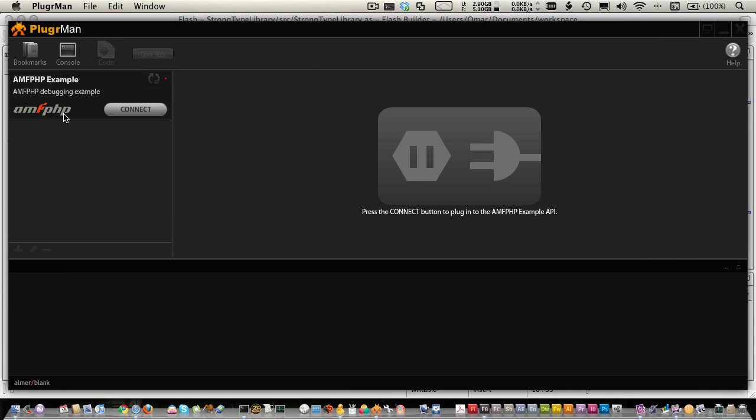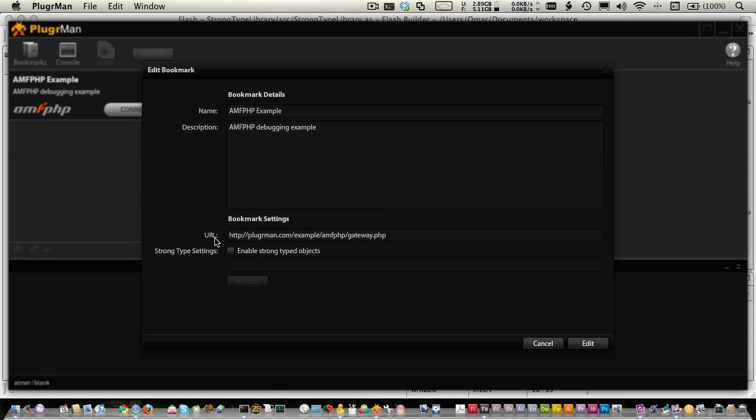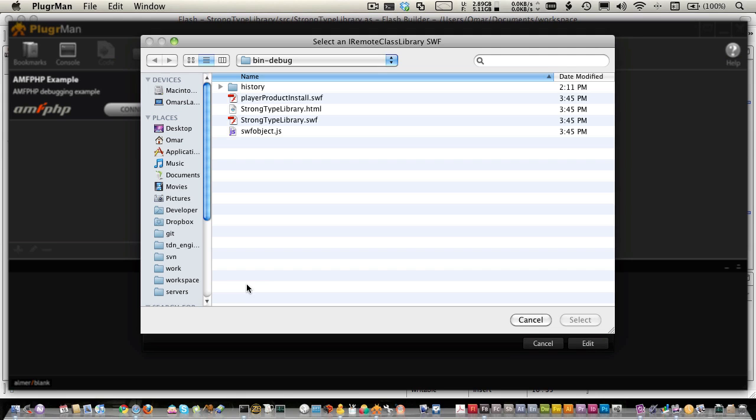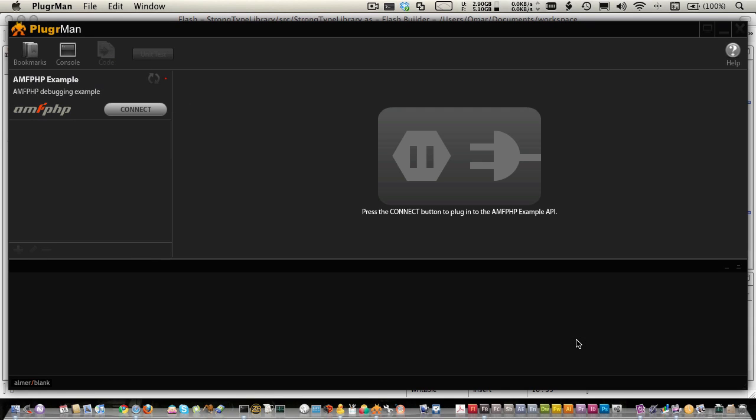and I'm going to use the same bookmark that we used in the basic AMFPHP debugging video, and I'm going to edit that bookmark, and I'm going to select Enable Strong Type Objects, and using the Browse button, I'm going to point it to the SWF file that I created using the interface from the PlugrMan.zip folder. I'm going to select the SWF file and click Edit, and now this bookmark is ready to connect. So I'm going to connect the bookmark,